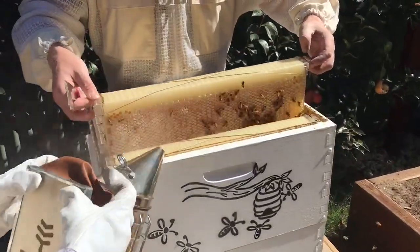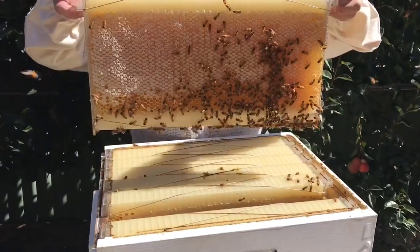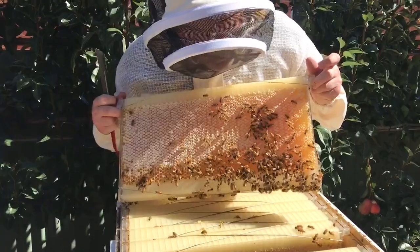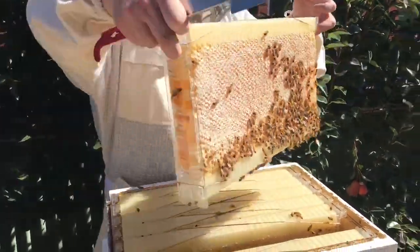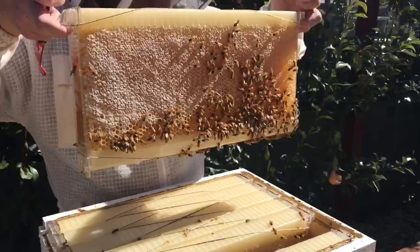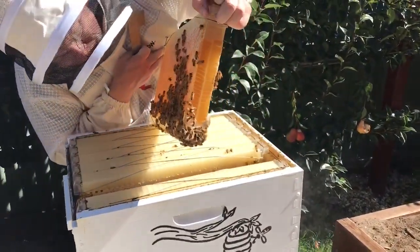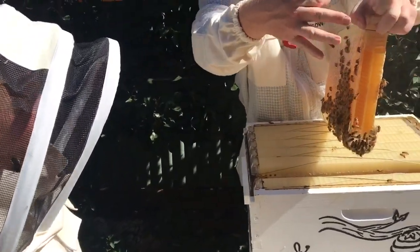A bit of smoke. Oh, look at this one. Looks good on this side. Looks pretty good on this side. Looks okay. Have a look at that side. That's full. Like maybe 10 cells that aren't. But that's full. And I reckon that the cells that aren't...